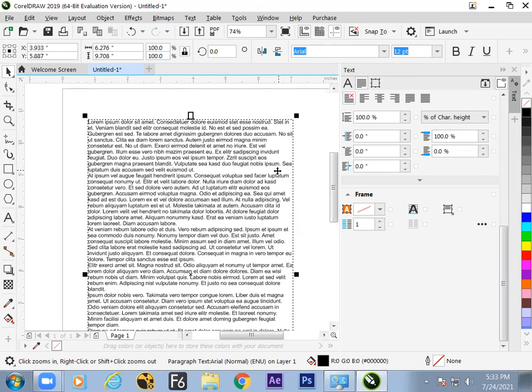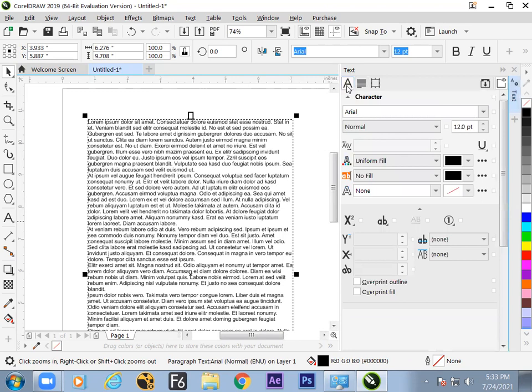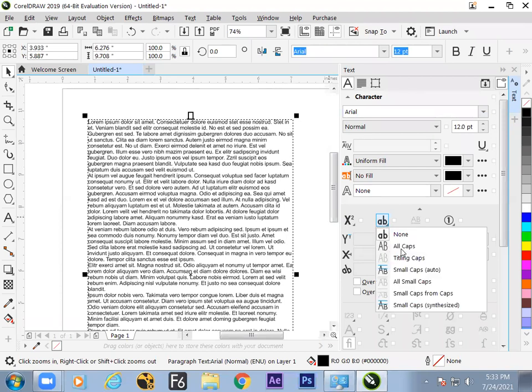So get zoom. In the last session, we understood paragraph indent, meaning the left and right indent, first line shifting, space before and after the paragraph, and justification. In the frame, we learned how to change the background color and column formations. Inside the text character properties, if we need to make caps lock for all, then all caps is available here.